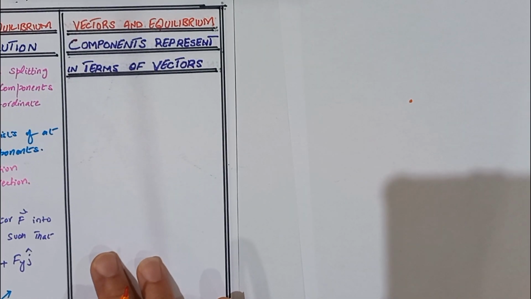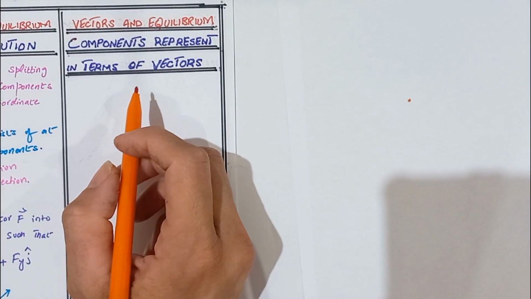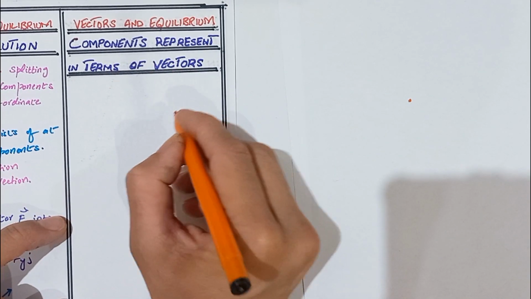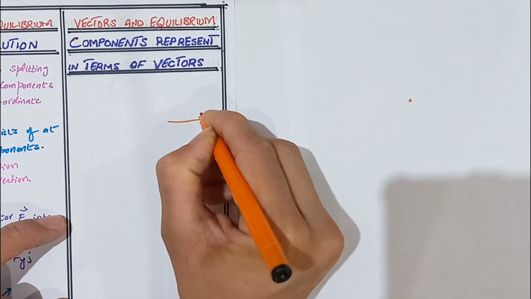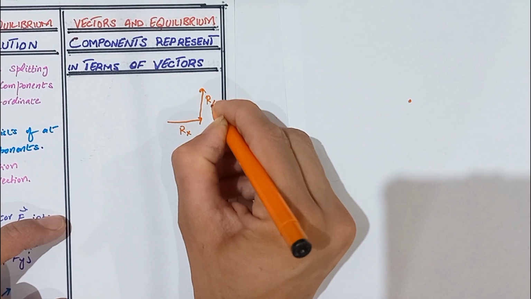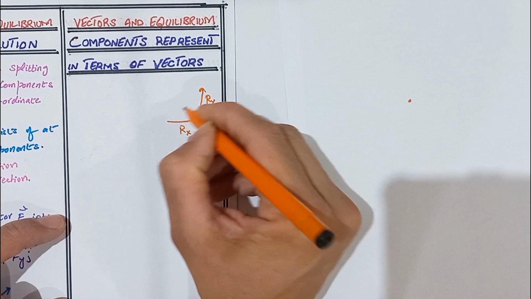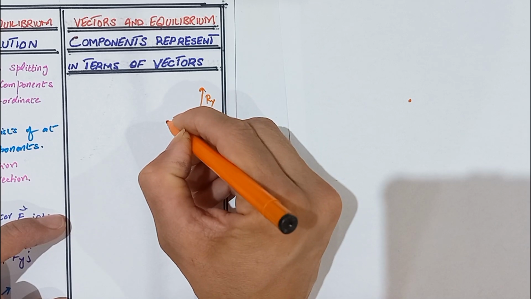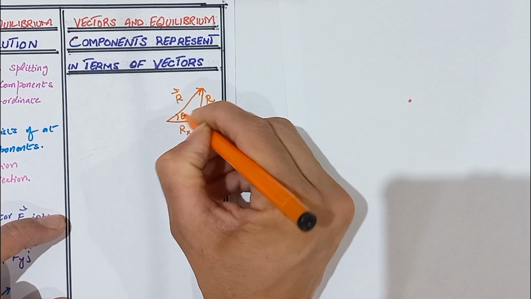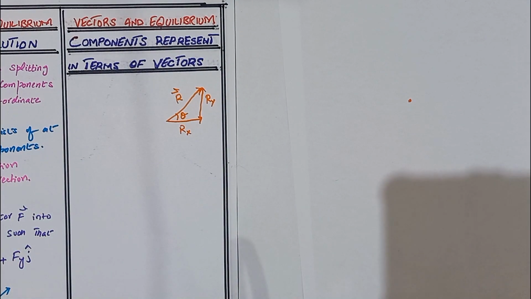In this video, we learned how we represent vectors by using components. Here we draw the triangle which has two components, Rx and Ry. The resultant we get by joining the tail of the first vector to the head of the last vector. Here the vector R makes an angle theta with the horizontal. So here we write that